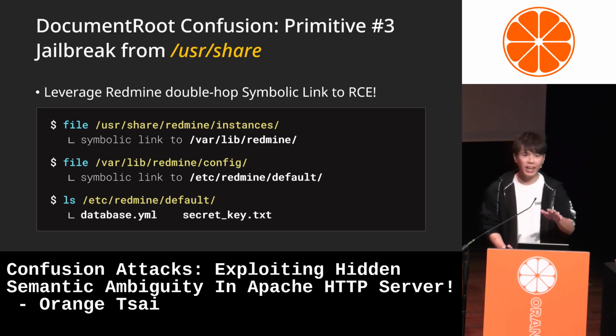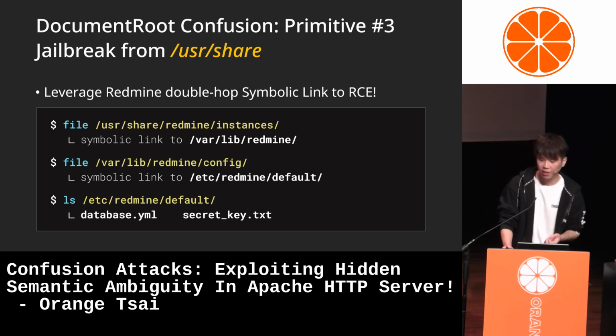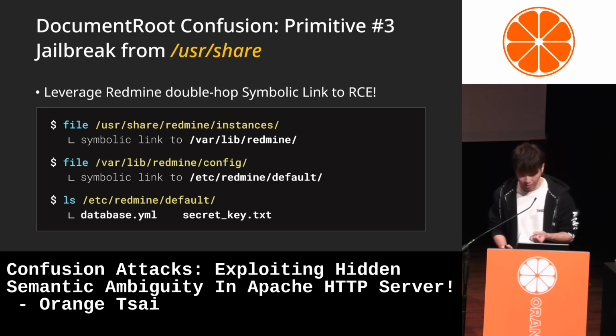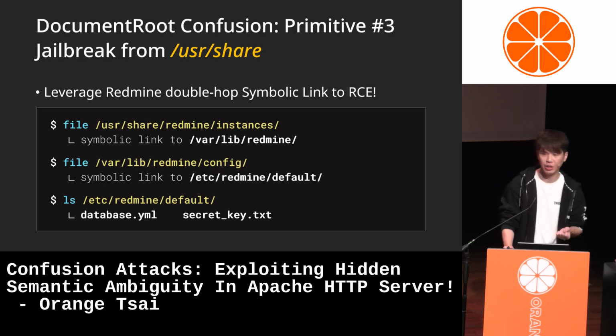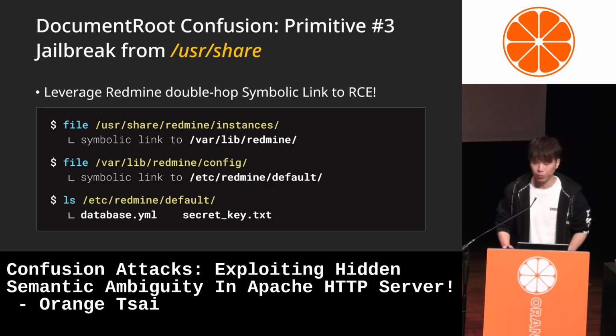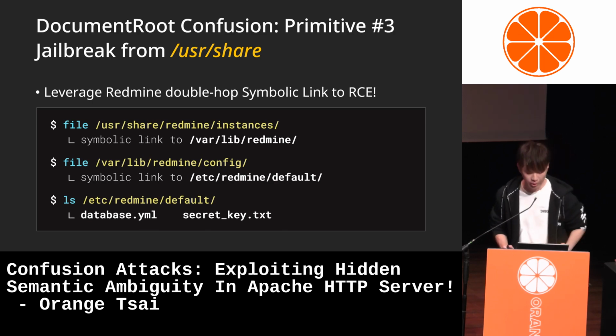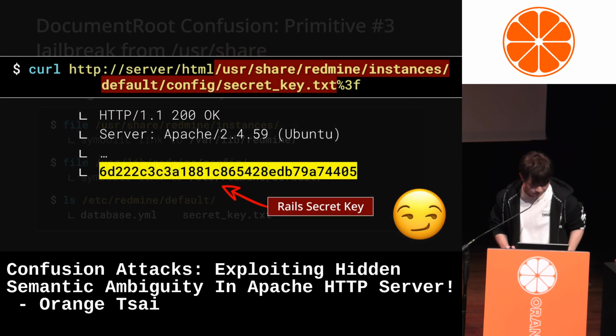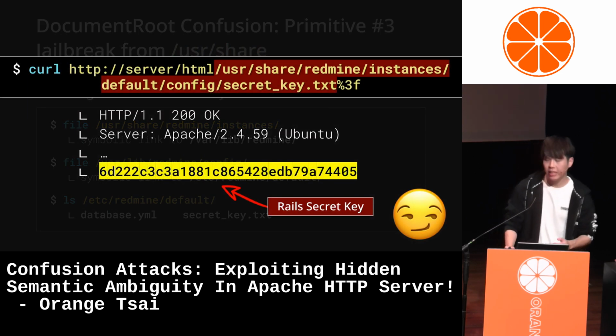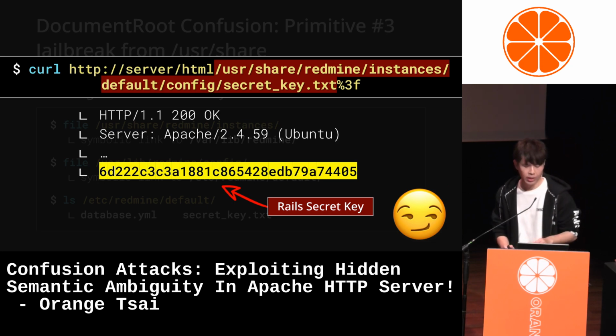And within that folder, the config directory can also jump to the /etc/redmine, which contains a lot of Redmine's database configuration and its secret key. So by using an insecure rewrite rule, we can access the secret key used by Redmine through a double hop jump.